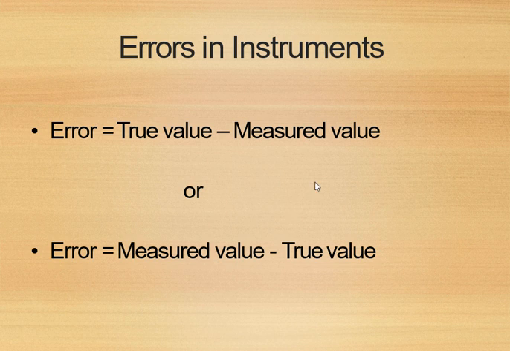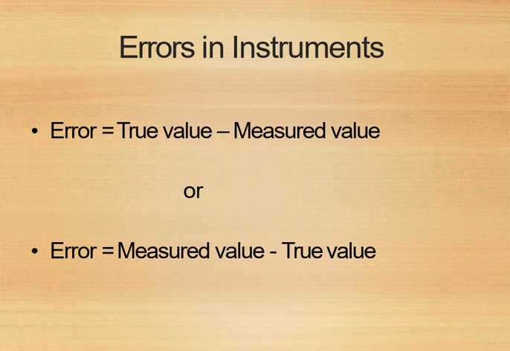This needs to be understood, because sometimes your true value will be higher than the measured value. Suppose your desired value is 8 volt and you are getting 7 volt as a measured value, then in this case the error will be 1. Or sometimes your measured value may be greater than the true value. Suppose it is 8 and the true value is 7, so here also the error may be 1. So based upon the value of the measured variable, the error's definition will change. It will be either true minus measured, or measured minus true. So this is all about the errors in the instruments.